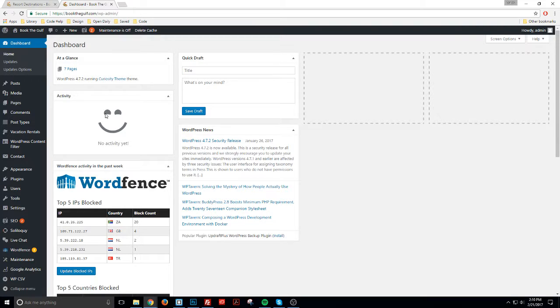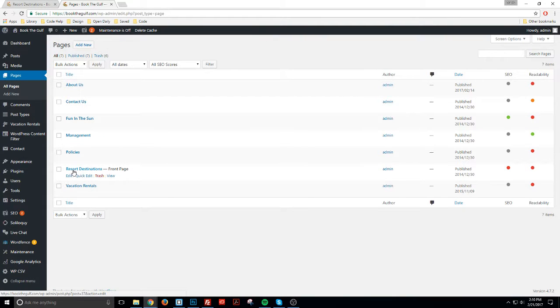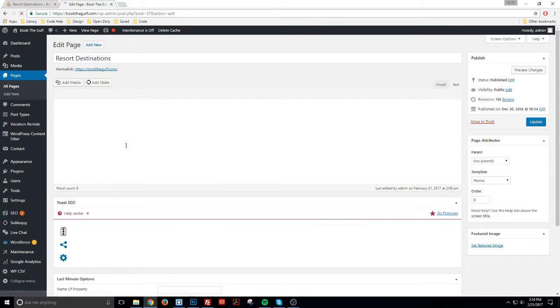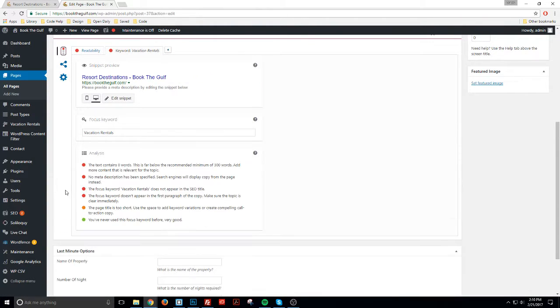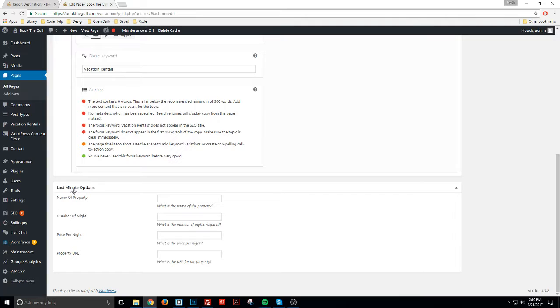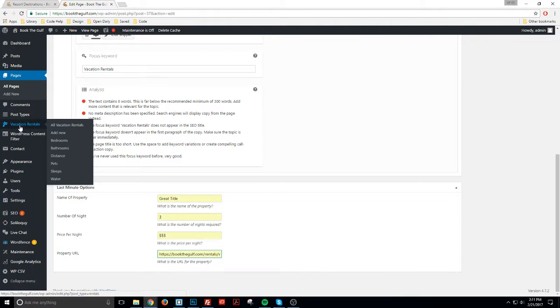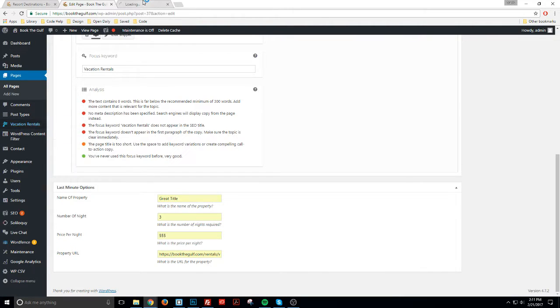So what we'll do is go into the back end, and if you go to pages, all pages, click on resort destinations, which is the front page, and scroll down, you'll see last minute options. Name of the property, we'll call it Great Title, number of nights, 3, price per night, say it's $555, and then the URL. There's a couple ways that you can get the URL, but I think the easiest would be to go to vacation rentals, all vacation rentals,